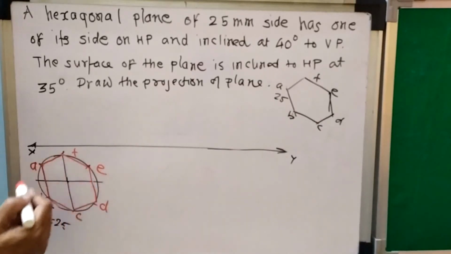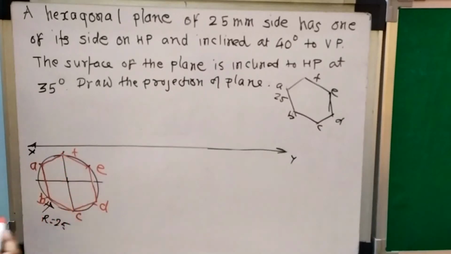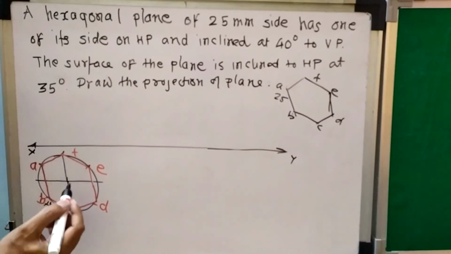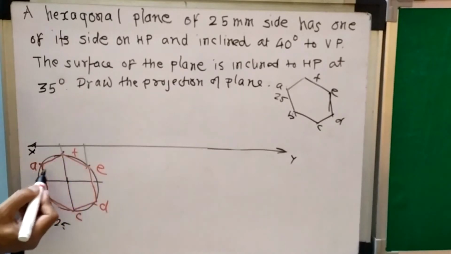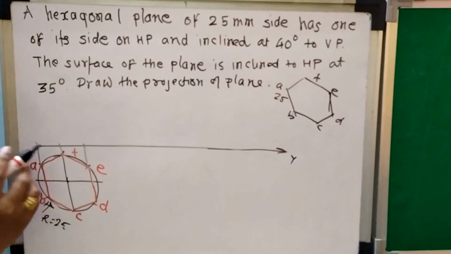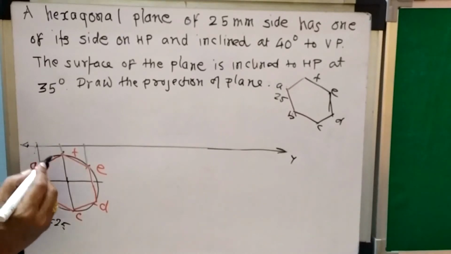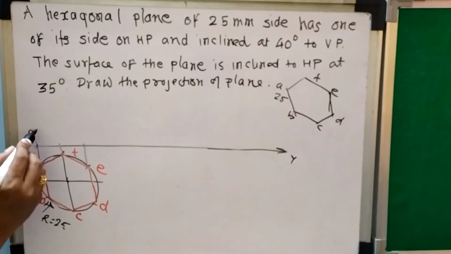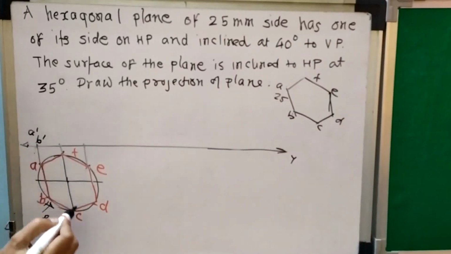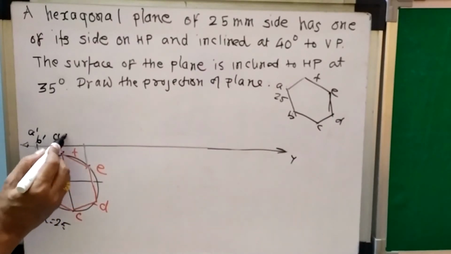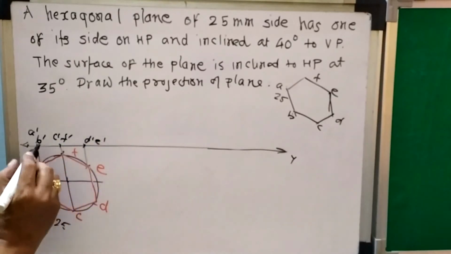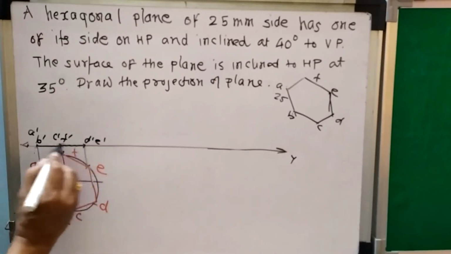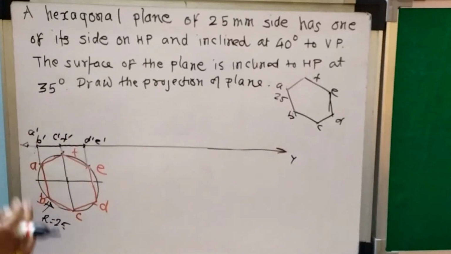So this circle is a construction line. These diameters are also construction lines. These all should be faint. Only your A, B, C, D, E, F should be sharp. Then I will project this. I will draw projector lines. So I got here A dash, B dash, this is C and F, so this is C dash, F dash, this is D and E, so this is D dash, E dash. So I will get this surface. Okay, so this is the surface of this hexagon.